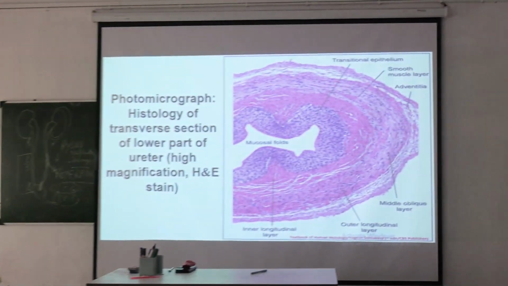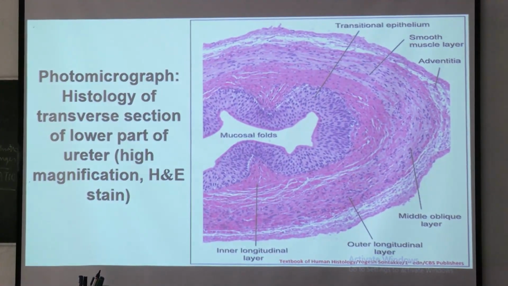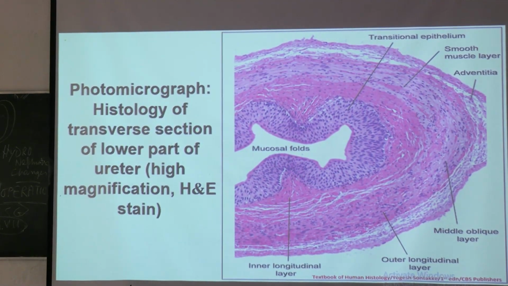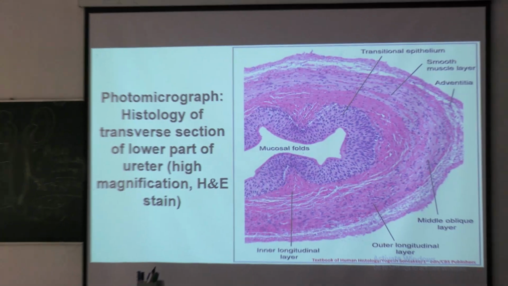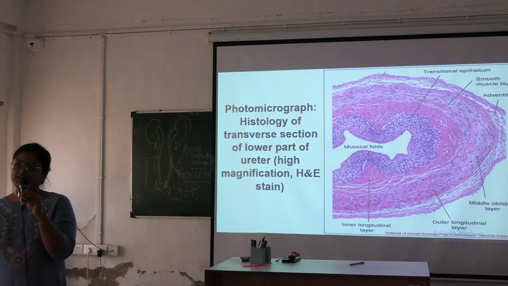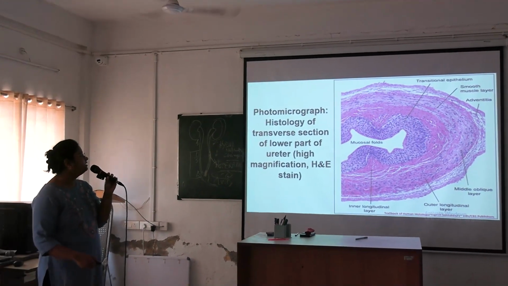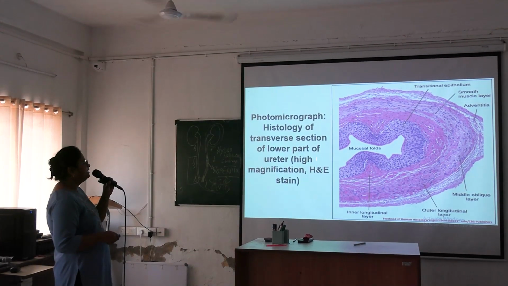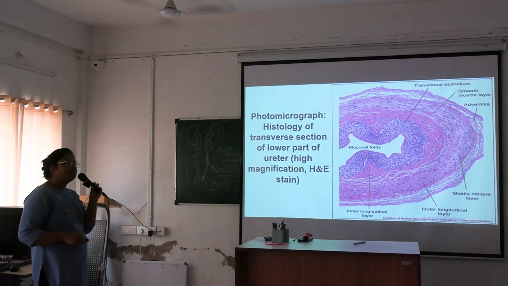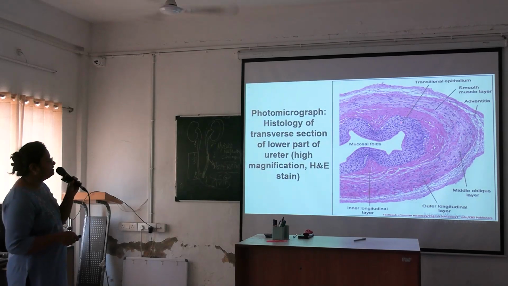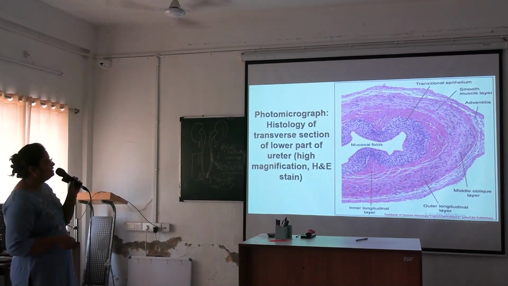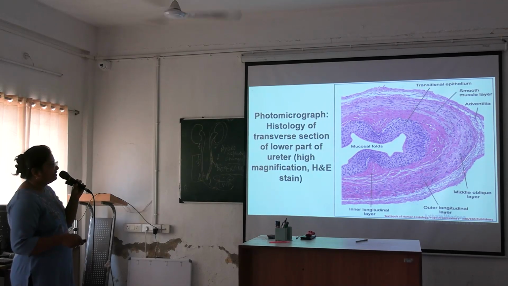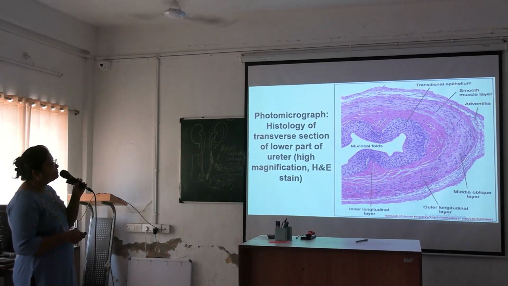And the difference from the GI system is, here it is inner longitudinal, outer circular. In the GI system, it is inner circular, outer longitudinal, exactly opposite. Okay. So after the transitional epithelium, you see some connective tissue, that will be lamina propria, a very thin layer, and after that you see the muscle layer, inner longitudinal layer, outer circular layer, and this is adventitia, a loose connective tissue